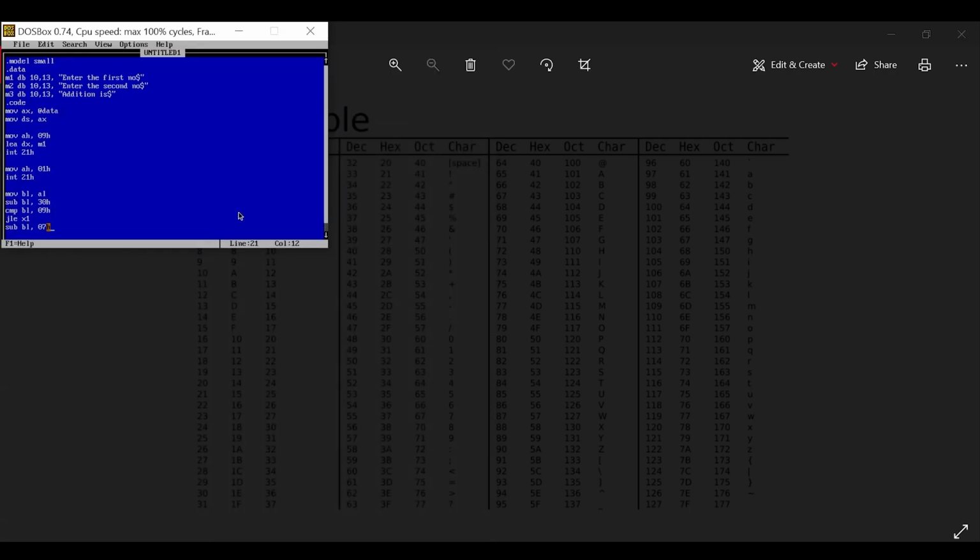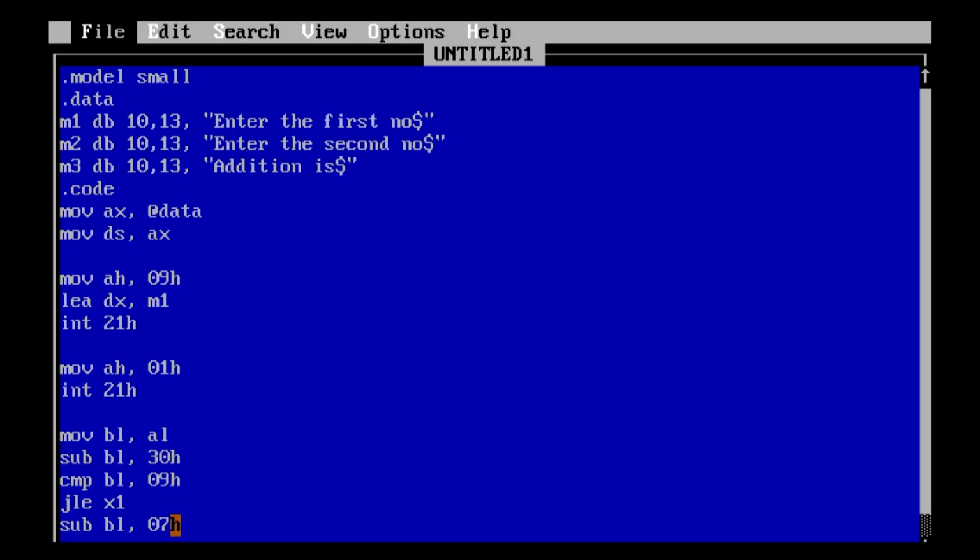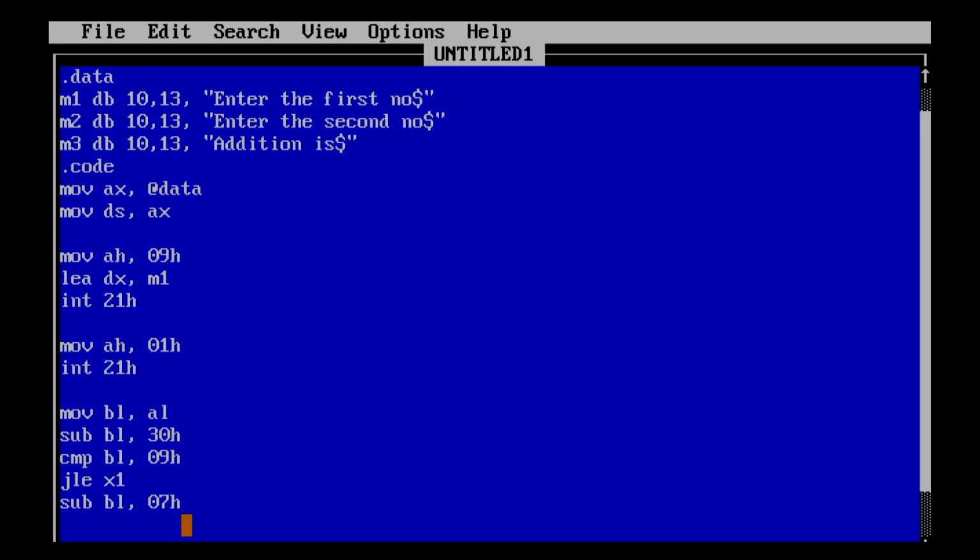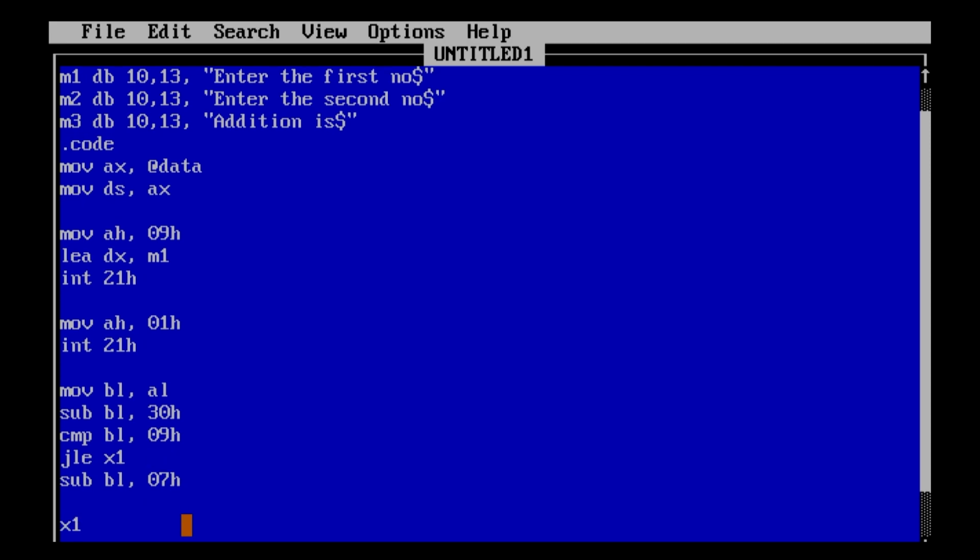Sorry, yeah, so that's why we are doing that. And now what we are going to do is define the x1 label. As I was saying, we are done with the subtraction now, and everything else, comparison as well. Now we were jumping if it was less than or equal to this. So x1, now move